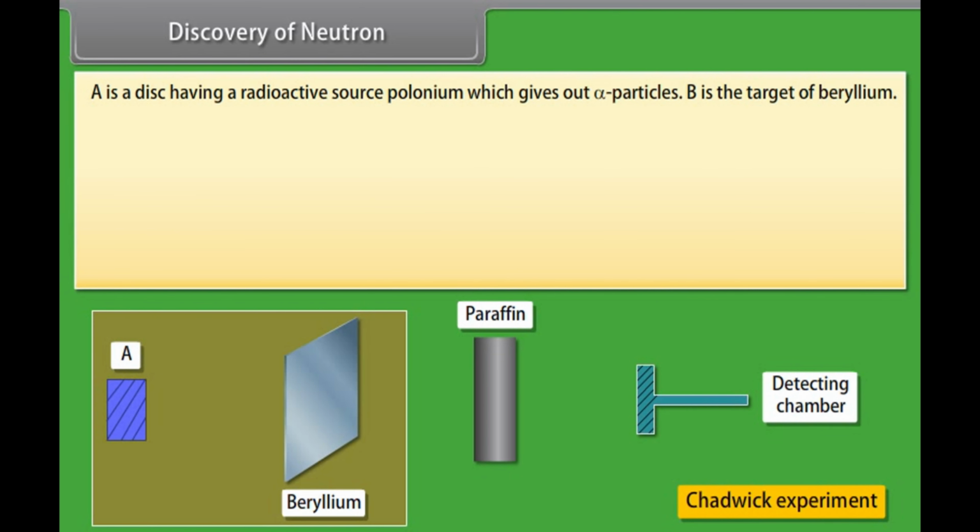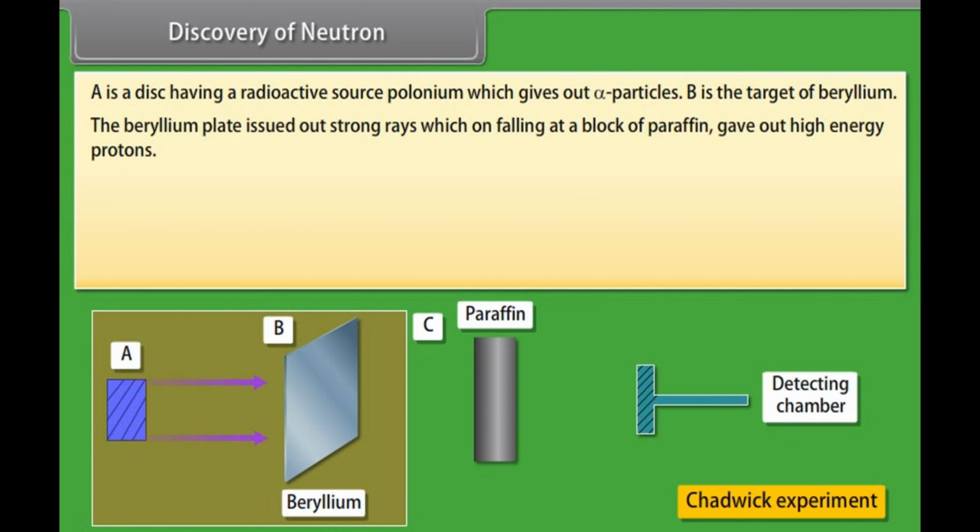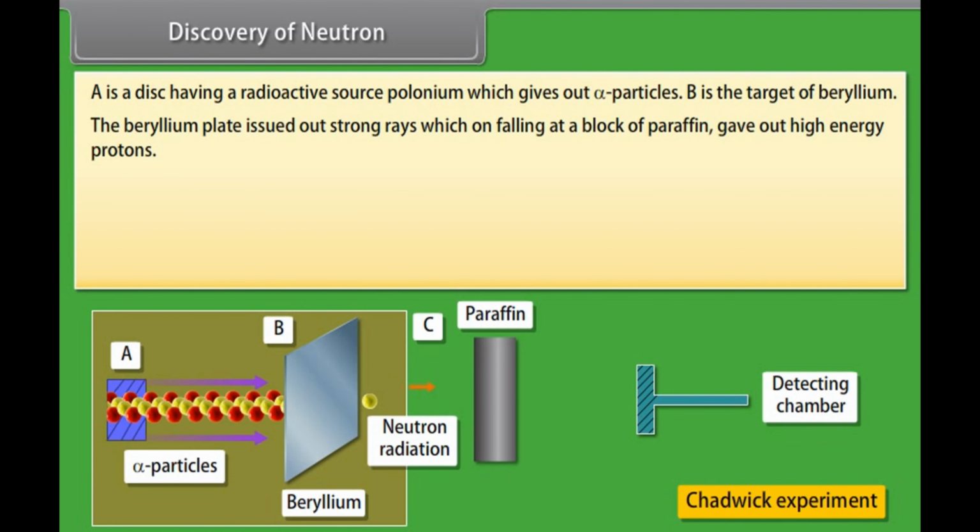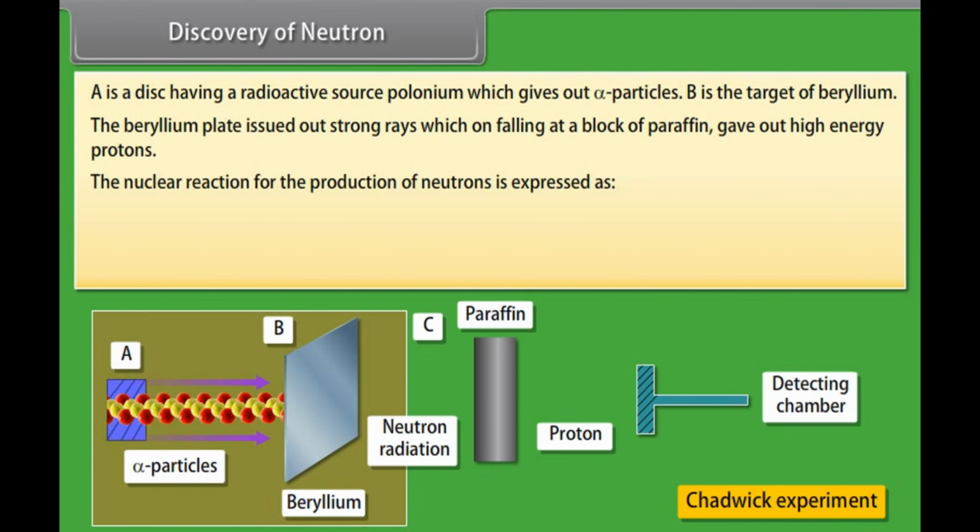Discovery of neutron. A is a disk having a radioactive source, polonium, which gives out alpha particles. B is the target of beryllium. Both A and B are placed in an evacuated chamber C. The beryllium plate issued strong rays, which on falling on a block of paraffin gave out high energy protons. The nuclear reaction for the production of neutrons is expressed as: